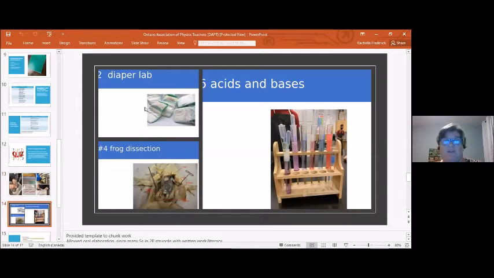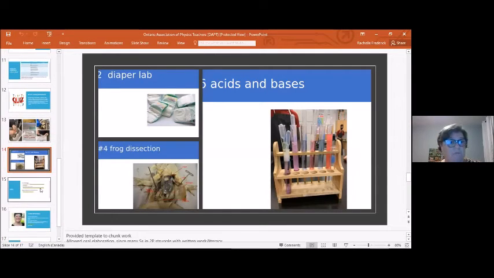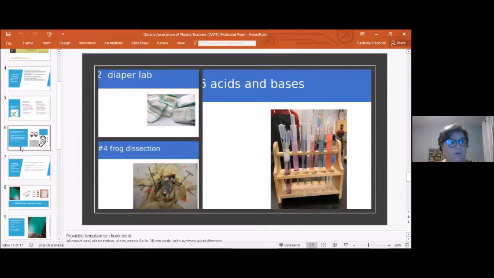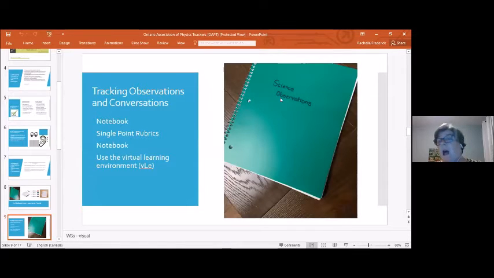This particular student, again, the diaper and the frog, and then the ubiquitous cabbage juice lab. I thought I had some pictures of my actual notes from my green workbook, but I did not. But I literally, when I'm doing this, I take my observations by groups. So I just put the 4 team members' names, and as I'm talking to each of them, I just go through and